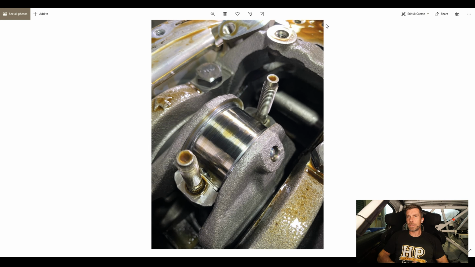So we've got everything filmed there. We'll get that engine away to our engine machinist fairly shortly. Not a lot of work to do there. They're going to be basically boring and honing the block to suit our new JE forged pistons. These are a 0.5 mm oversize, 20 thousandths of an inch oversized. Just gives us enough material to remove from the bores to allow any wear in the bores to be cleaned up and give us a nice perfect round finish, as well as a nice fresh hone pattern for the rings to bed in on.